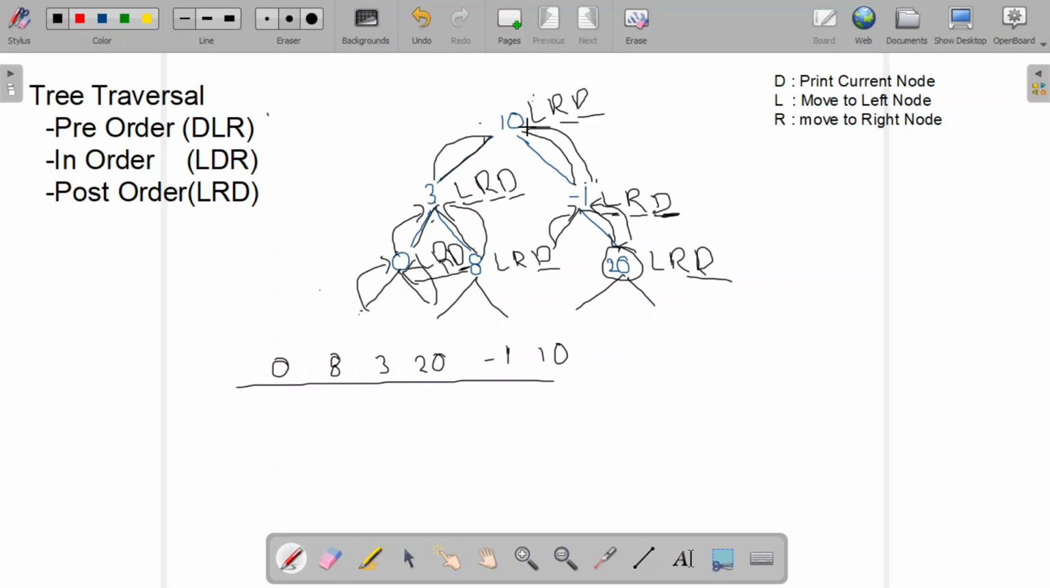Like here, first we are moving to left and checking whether it is null or not, and if it is null, moving back to the same node, and going to right, checking whether it is null or not, again coming back to the root node and printing it. That's it. Coming to code,